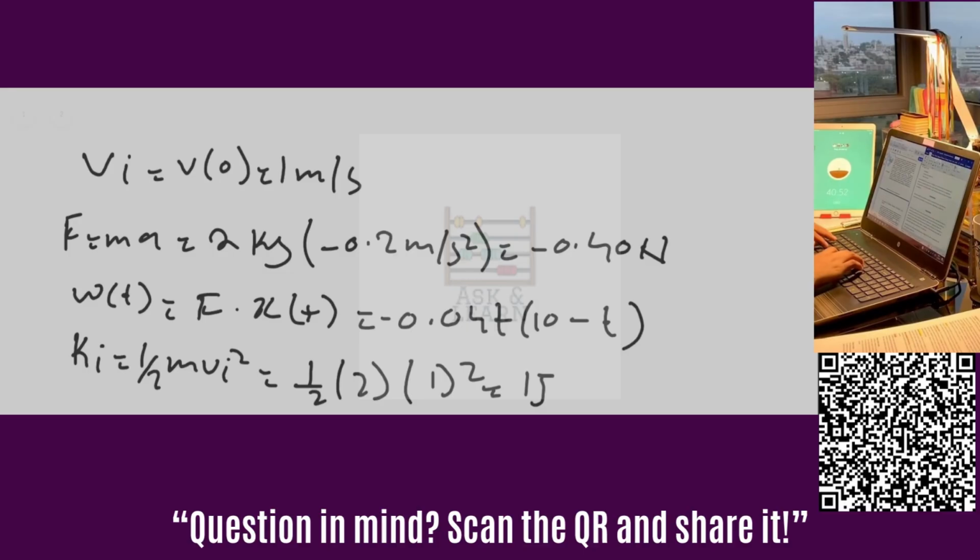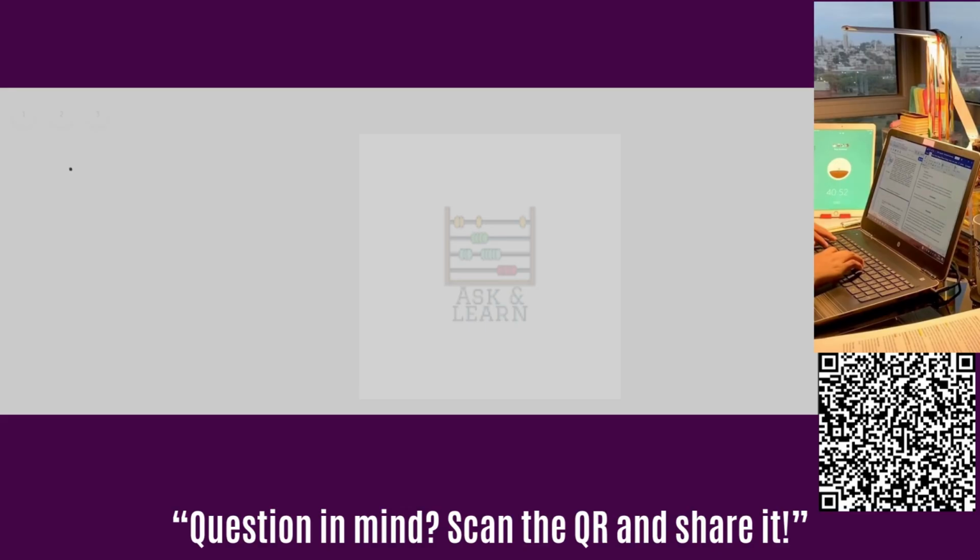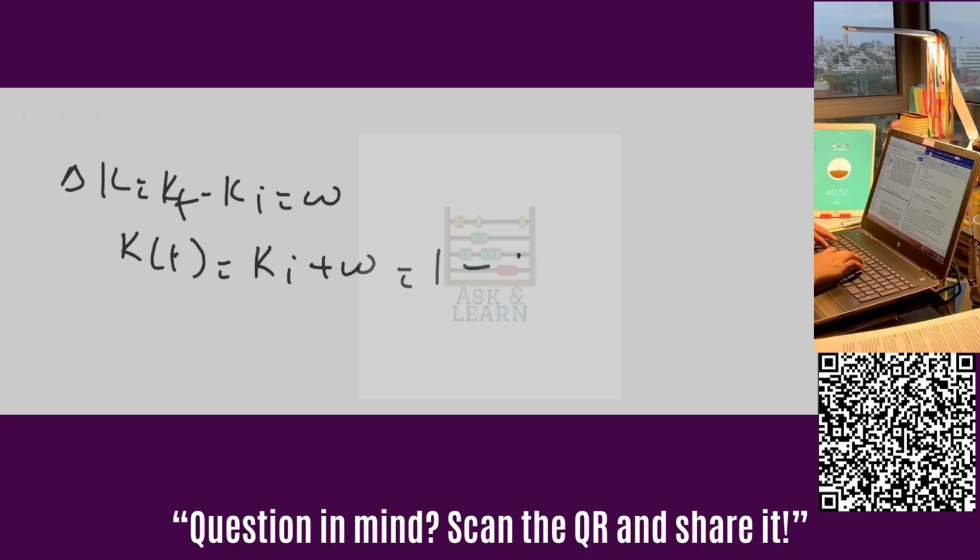Then we can write the change in kinetic energy. Change in kinetic energy will be Kf minus Ki, that is equal to work done. Then K of t is K initial plus work, that is 1 minus 0.04 times t (10 minus t). For part A,